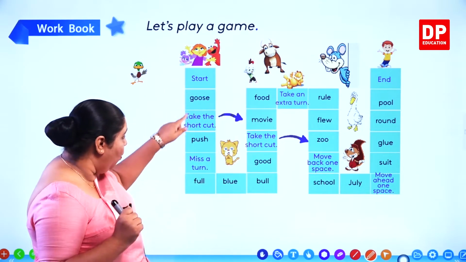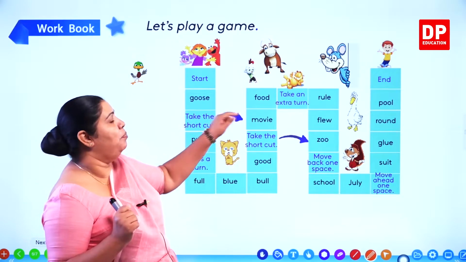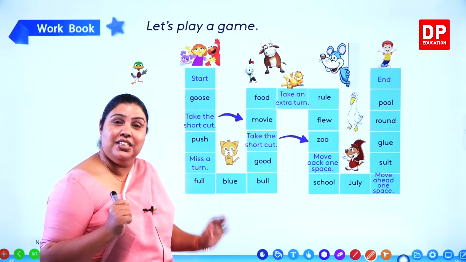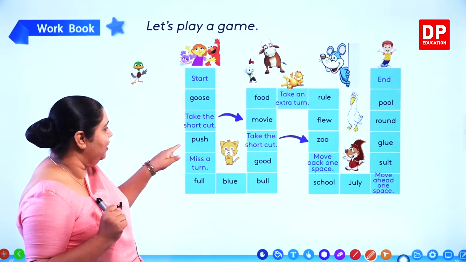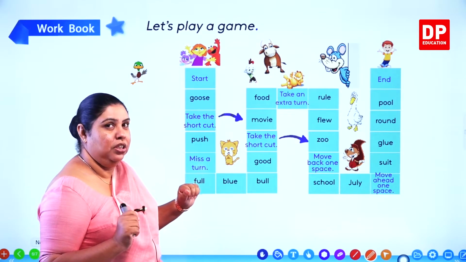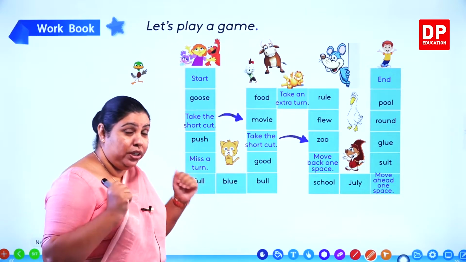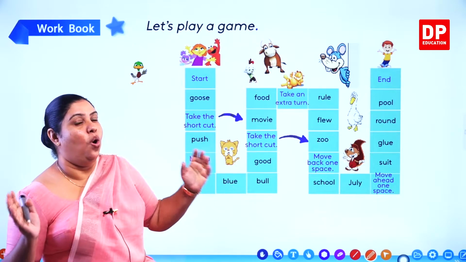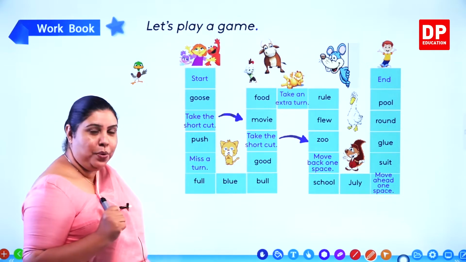We have to come all the way from here. So if you get a shortcut, you can quickly jump onto the next square which is on the other line. If not, you can pass the boxes. We have the word push. Push. Now when we are reading the words, we will see there are short oo sound words, there are long oo sound words. Next, if you come to this square,